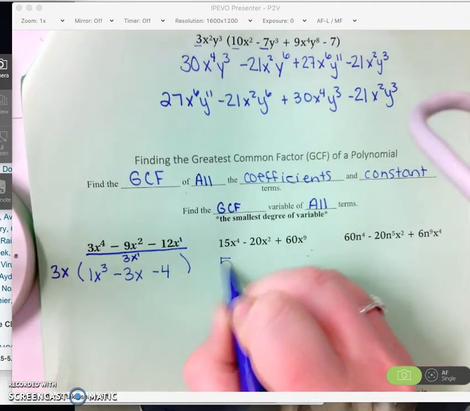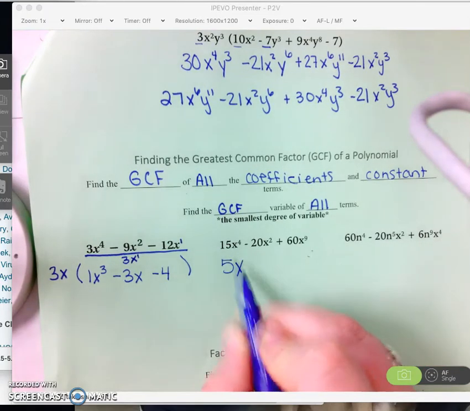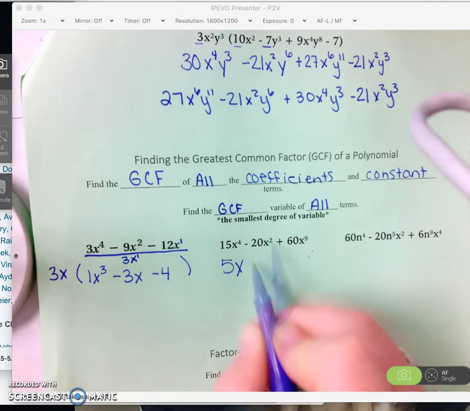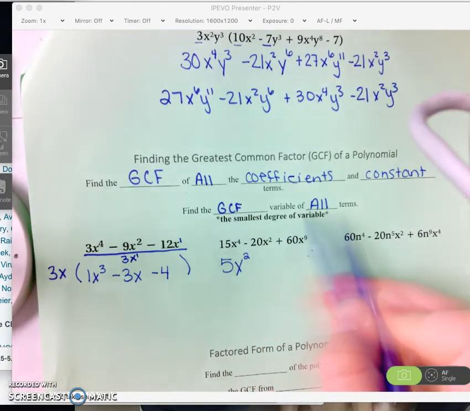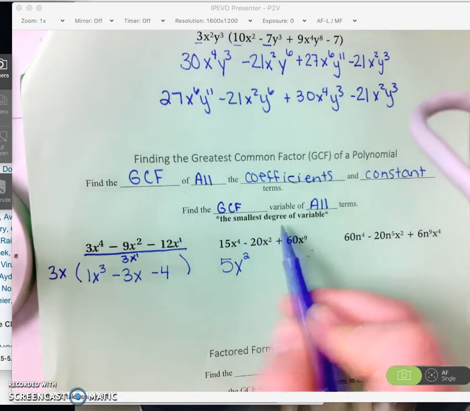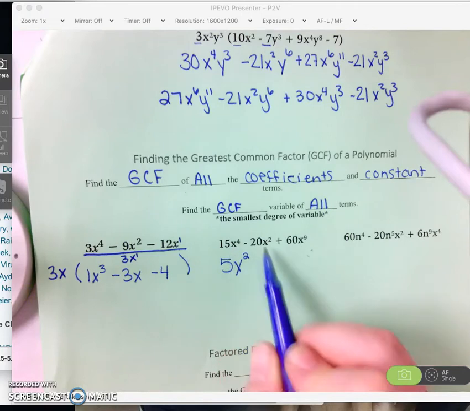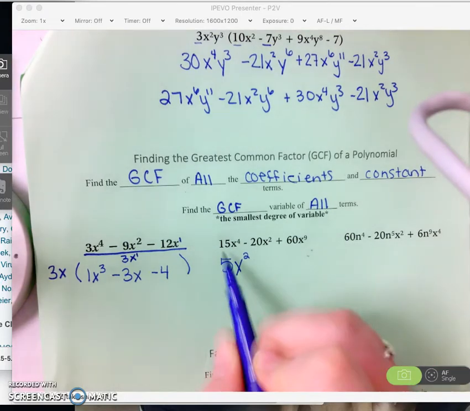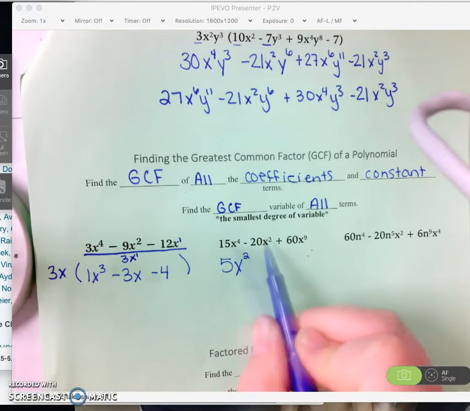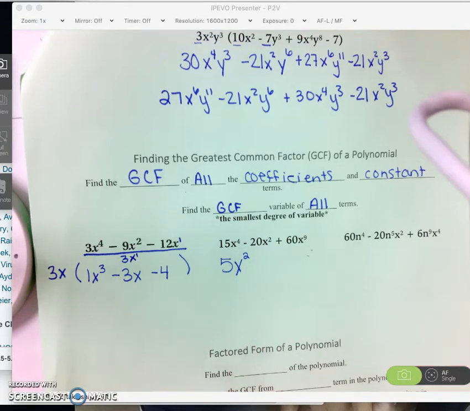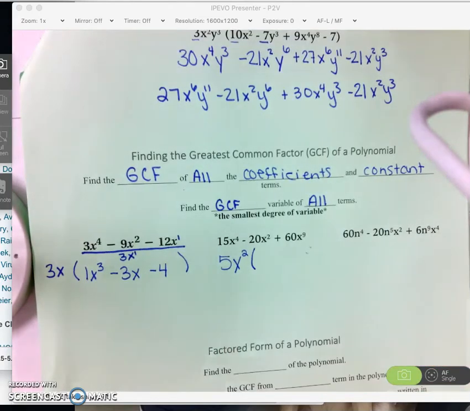So 5, and then x would be to the smallest one. So the greatest common factor is the variable in all the terms with the smallest degree of that variable, and then the number is going to be of all the numbers. So 5 can go into 15, 20, and 60. X to the second can factor out of all of those. So if I were to factor it out,